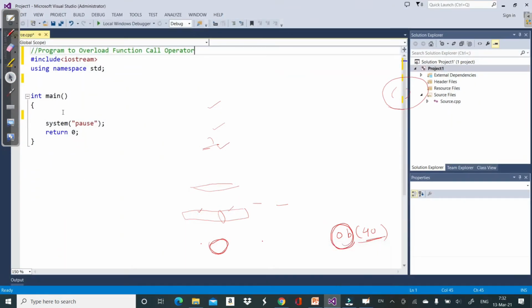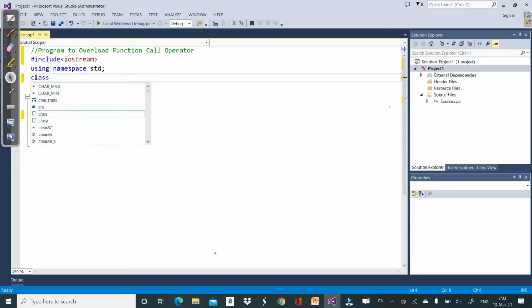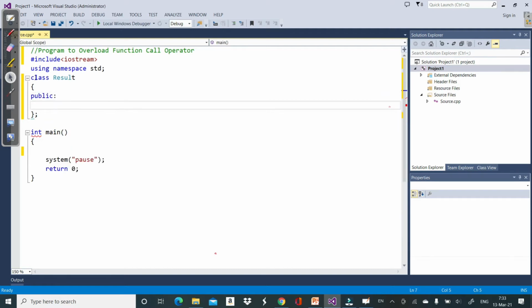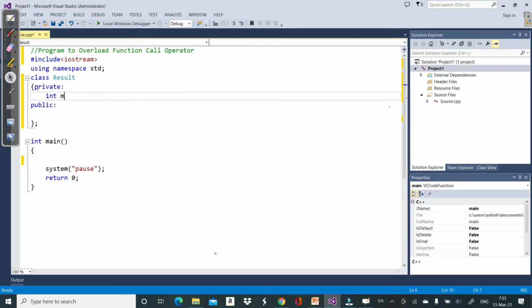Okay, so now let's say we have a class, and let's put the class name simple result, and let's say this class has one public variable, one private variable, int marks, and then the class has some public functions.